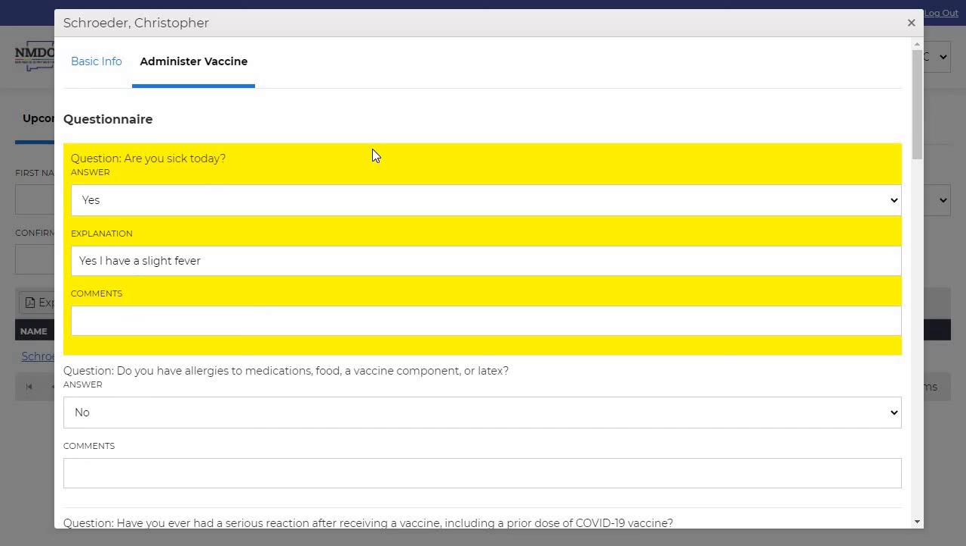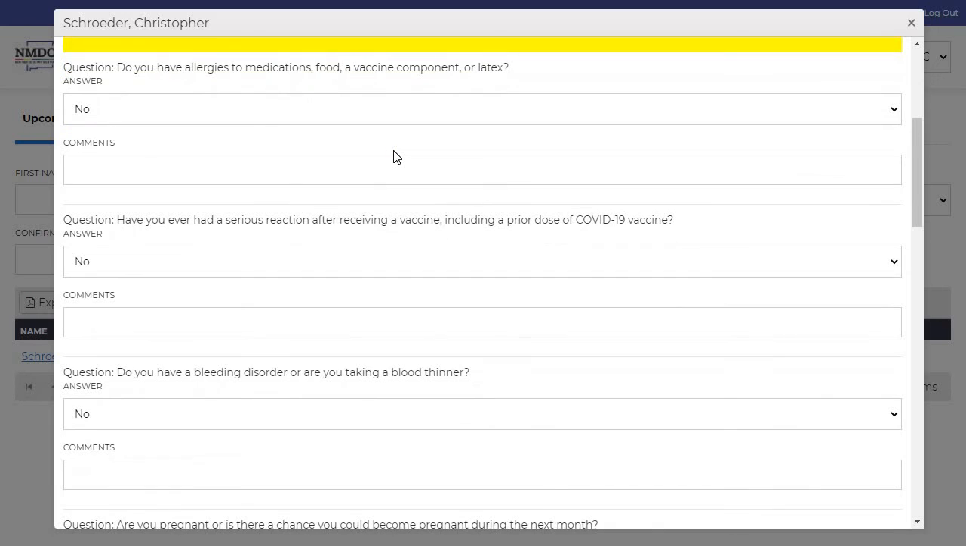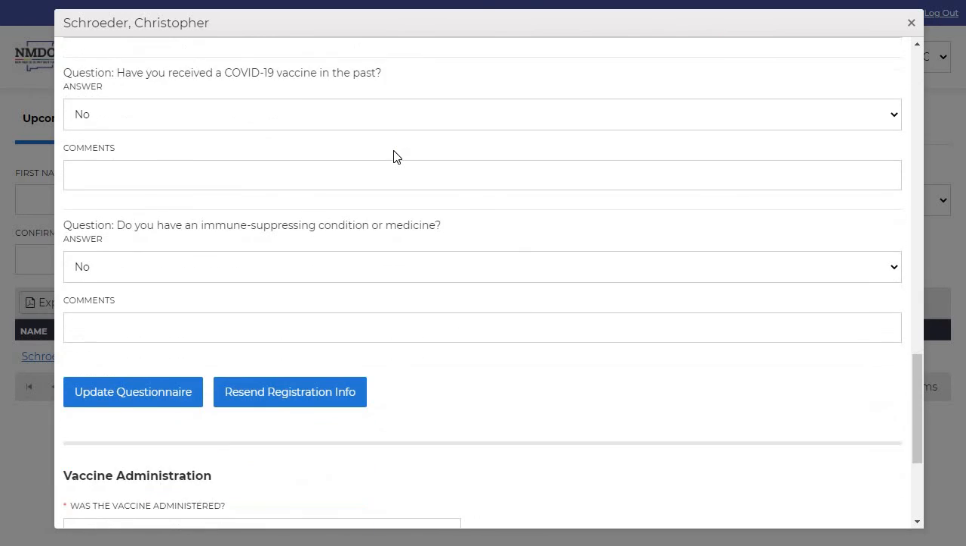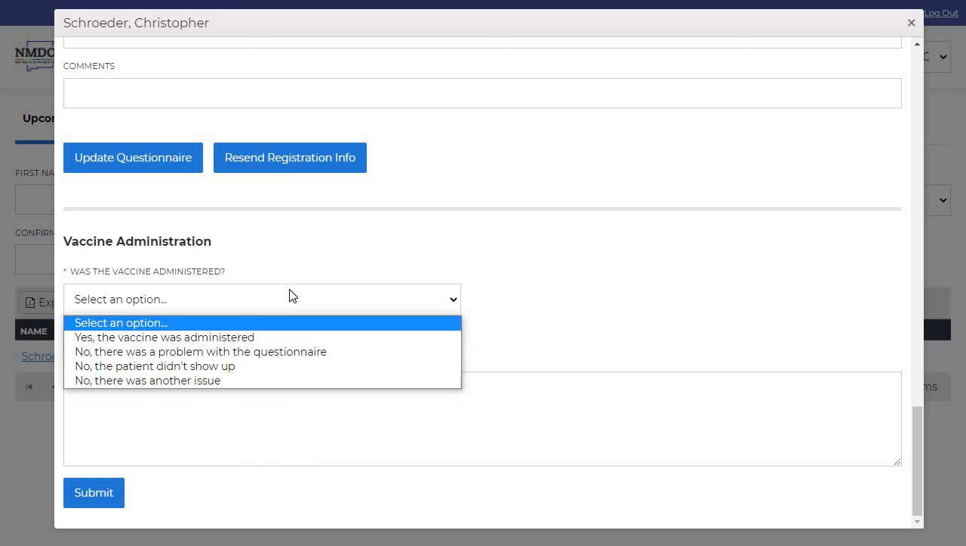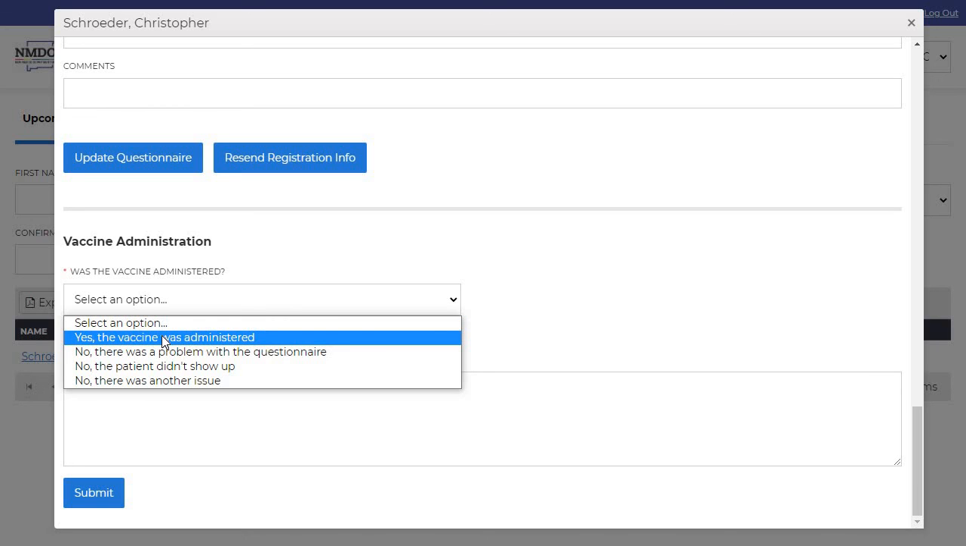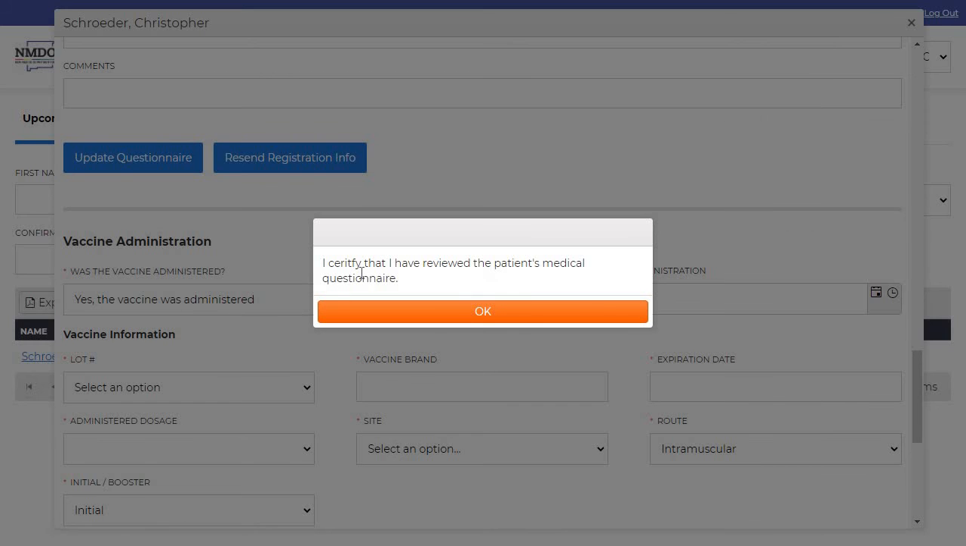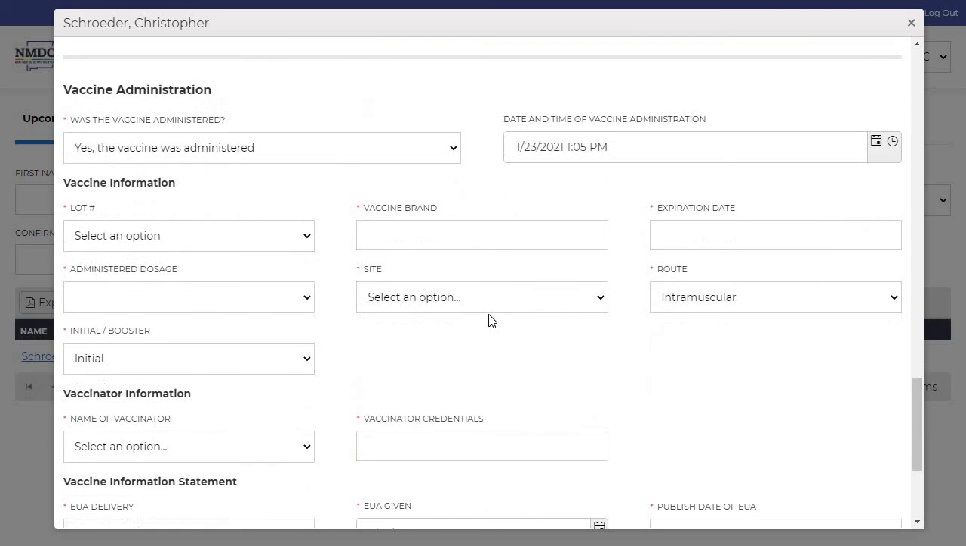Any questions that are highlighted in yellow need to be examined further, and then you as the medical provider need to make a determination as to whether or not to give the vaccine. Now, for this example, let's imagine the individual said no to all of the questions, and they were indeed eligible to receive the vaccine. To administer the vaccine, you select the drop-down, was the vaccine administered? You click yes, the vaccine was administered. The system will ask you to certify that you have reviewed the patient's medical questionnaire. You certify that you have indeed reviewed the patient's medical questionnaire, and then the screen options for administering vaccine become